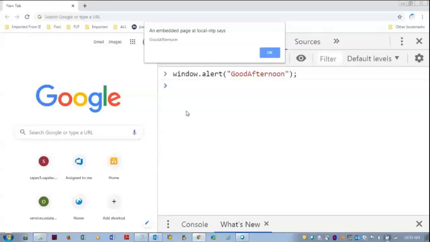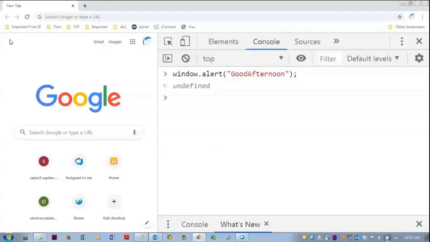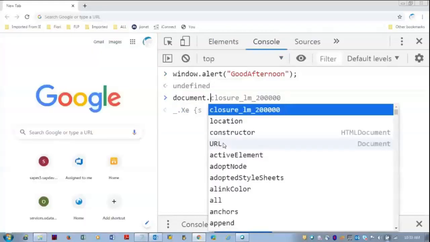So we cannot see that here because only the JavaScript plugins are loaded into the browser, not the SAPFI libraries. For that, we need to use the WebID tool. So later we'll see all those things. And on the left side, I want some data to be printed. You can make use of document.write.